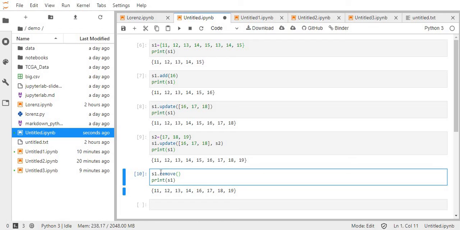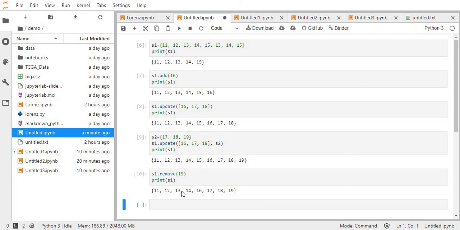If I wanted to remove the value 15 from s1, then I can simply say s1.remove(15), and if I run that, then we can see that the value is removed. As you can see here, no 15 is there.